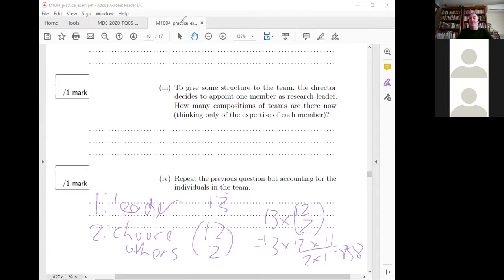So I find ones where you can tell the difference between individuals easier, and so I tend to do them first. So now we've got one member as a research leader. So I guess we could tell it, but now we can't tell the difference between the engineers and we can't tell the difference between the data scientists and we can't tell the difference between the mathematicians. So I guess my question needs to be,